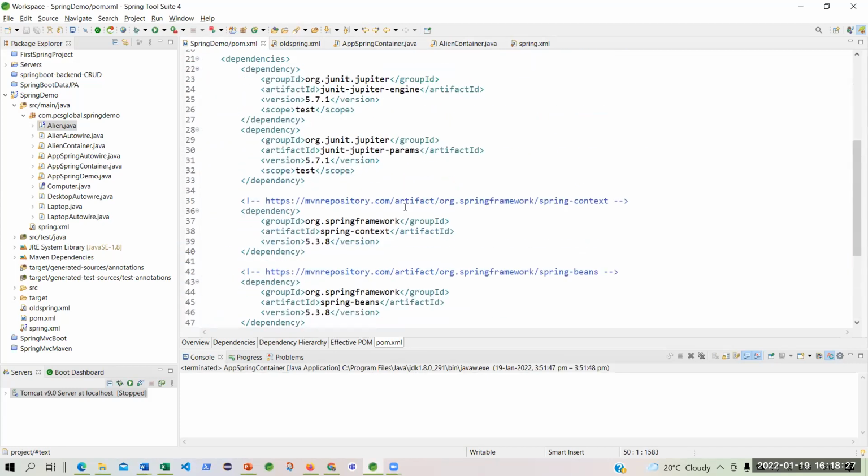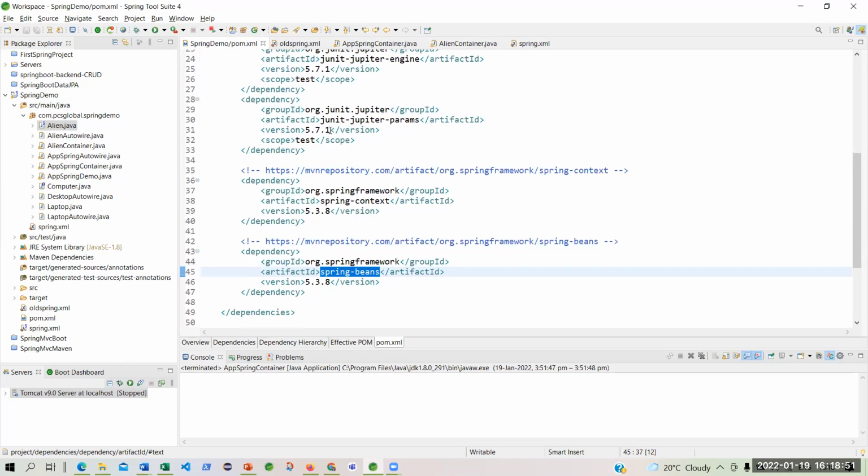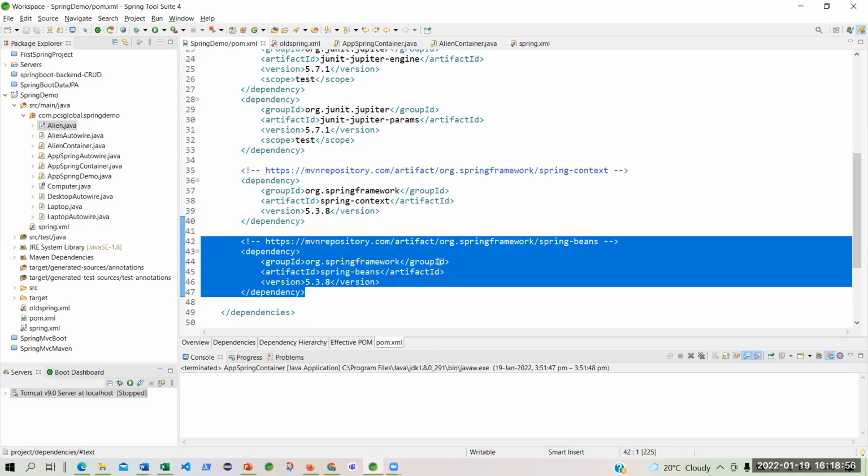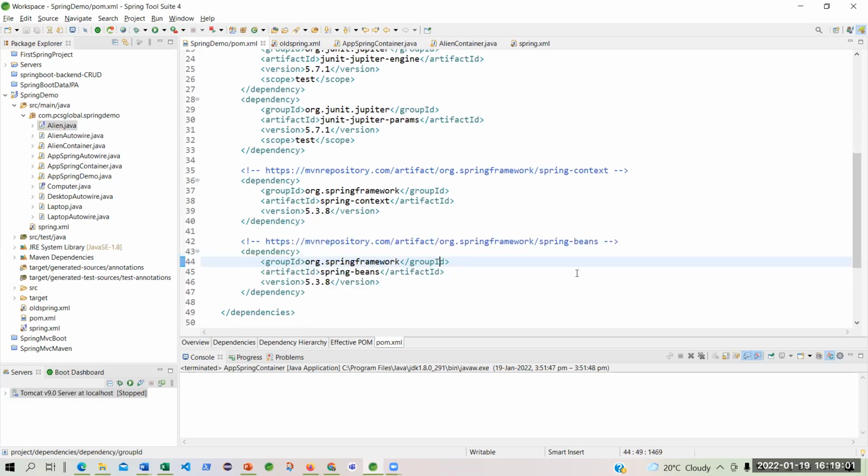But my project design is over. I needed only these two dependencies and I have imported them from an external place. I don't have to go here and there. I knew that I have to go to the Maven repository, because that is the repository where every other library is available. You just have to name it. Which library do you want? You just use the POM XML and put this dependency. You copy this part from the Maven repository and paste it over here. Clear? So I'm not going to touch this.